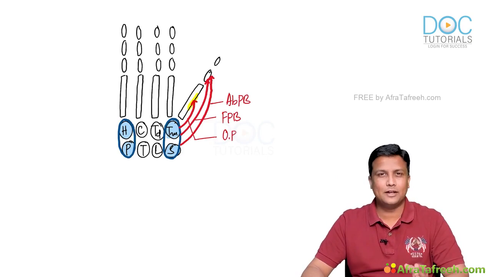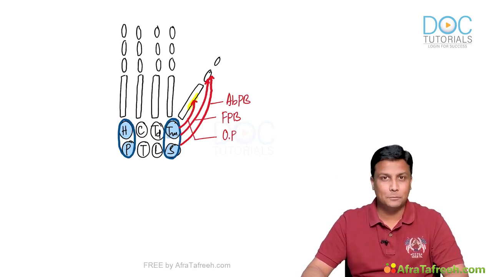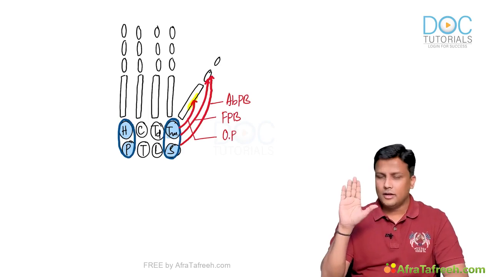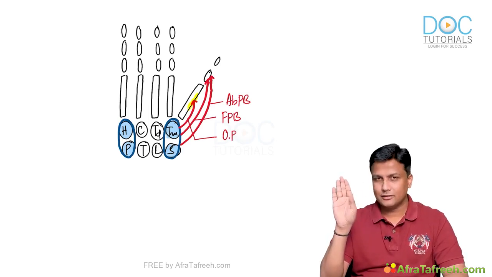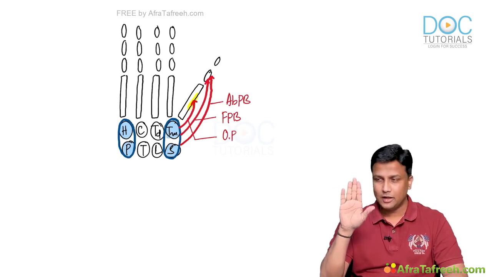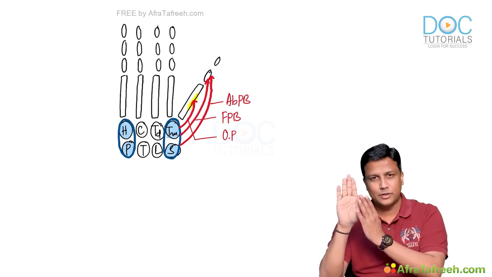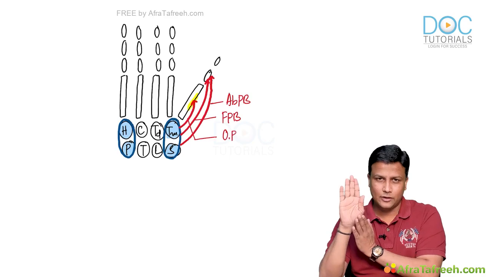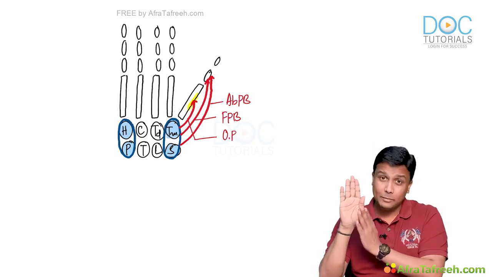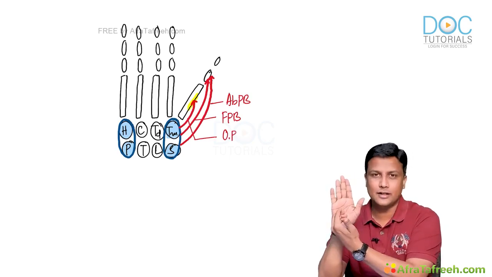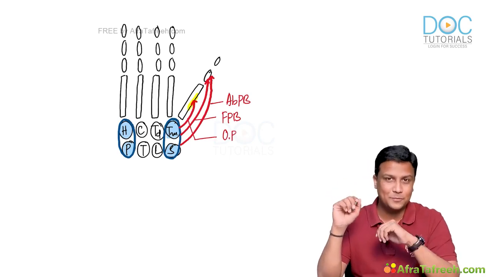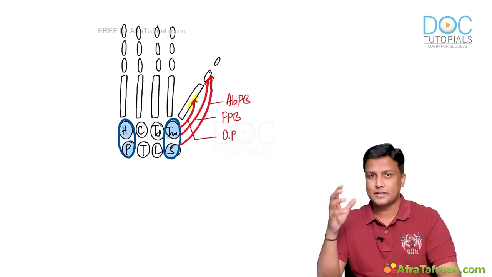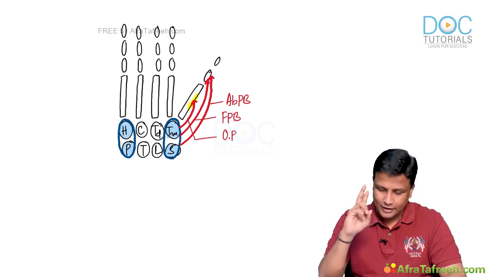Now again the same thing, apply logic. Don't try to mug up directly from the textbook. Apply logic. This is my thumb. Flexion, extension, abduction, and then I have to do adduction. Adduction, moving closer. If I'm moving closer, then should the muscles be on the outer side, sir? Adductor pollicis. Will that be muscle on the outer side or towards the inner side? It should be towards the inner side. Makes sense. So adductor pollicis muscle will be towards the inner side, and that too, it has got like two